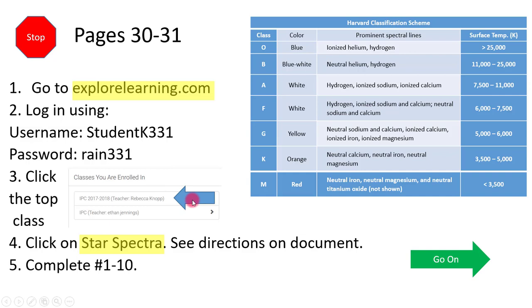Remember, you've already made an explorelearning.com account. We've done gizmos before, so if you want to use your own, I put the star spectra in each class, so it should be right at the top of the list. So it's up to you. If this doesn't work, log into your own. Okay, so we got a little chart here, real quick,